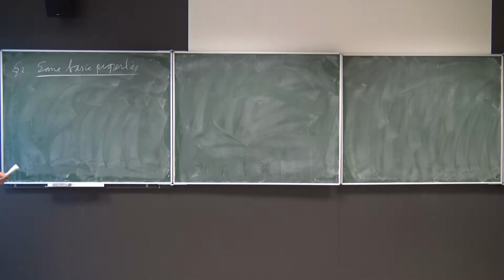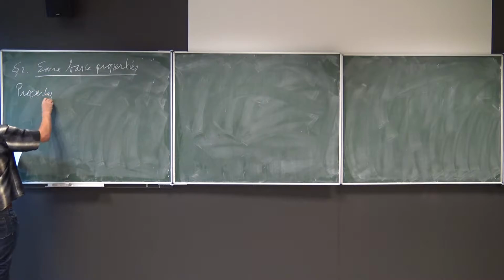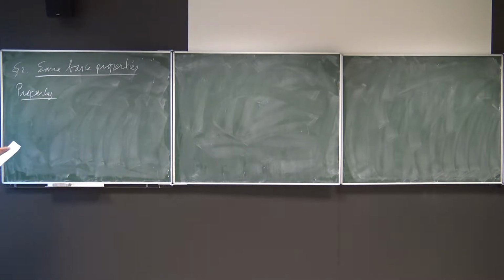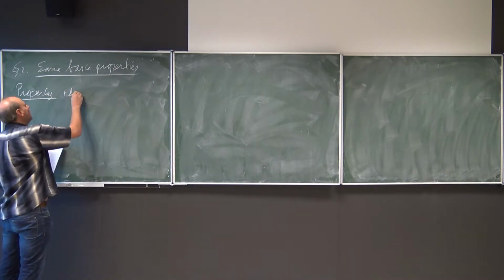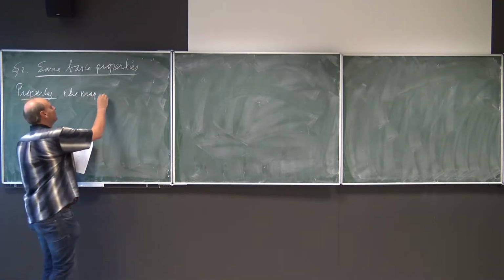So we have the assumptions as before: R is a ring with one, R is not necessarily commutative, and we have the right R module A and the left R module B. So let me start with a proposition of a property. First, if I look at the map, so this is the map of sets basically,